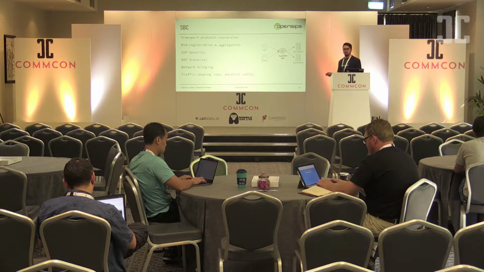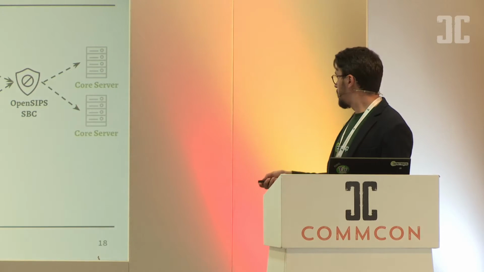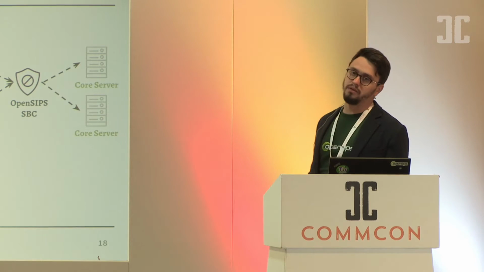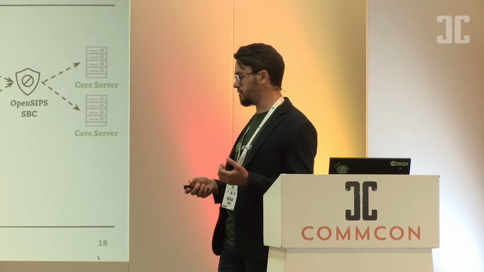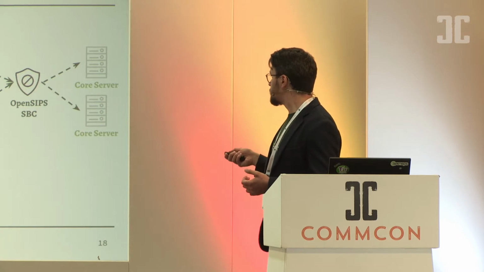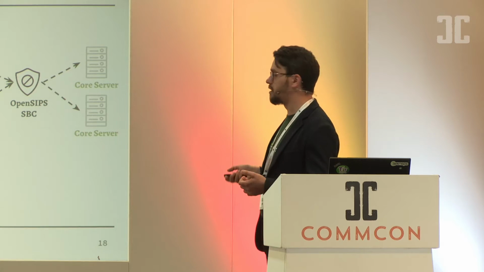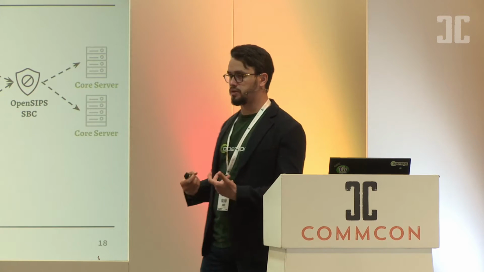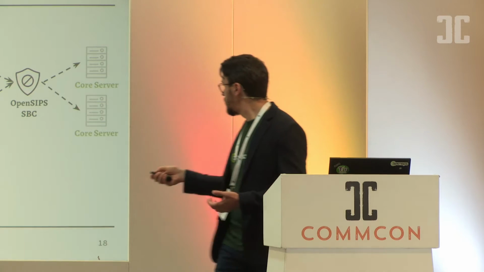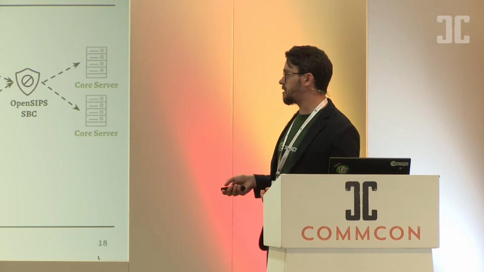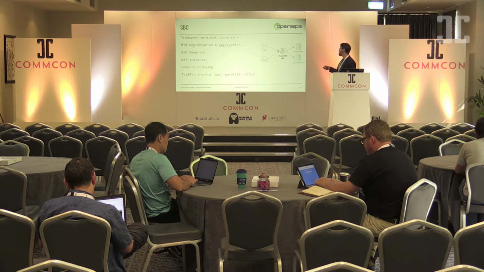And one of the things that we are doing is network bridging. So imagine that all these guys are in the public internet, right? But here, you don't want your core network to be accessed over the internet, over the public IP. So here, you might want to have your core network, your core system, in a private network. That's where OpenSIPS SBC comes into help because it can easily do translation or bridging between the public internet